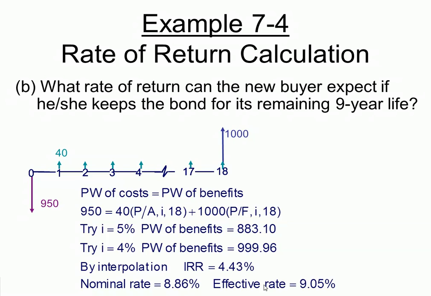All right, so keep in mind this internal rate of return that we found is a semi-annual effective rate. So from that we can find the nominal rate simply by multiplying by the number of semi-annual periods in a year, which is 2. So multiplying by 2 we get this, pretty clear. And then the effective rate is found from that equation where we have 1 plus this percentage to the second degree because there are 2 semi-annual periods, and then minus 1, and that gives us a larger percent than this nominal rate, which is not surprising. This is our effective annual rate of 9.05%, and that's the answer to the question, what is the rate of return? The effective annual rate is